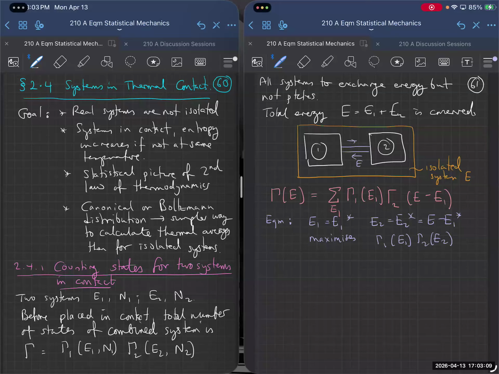So that was the idea. And the reason for this is essentially you're summing over all possible energies E1, but the equilibrium state is going to be overwhelmingly more likely than all the others. So that sum is going to be dominated by the equilibrium term, and then all the other terms in that sum are going to be small contributions. So what that means is then that gamma of E is equal to